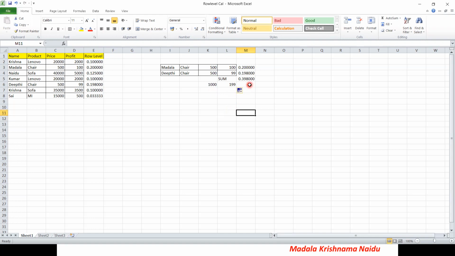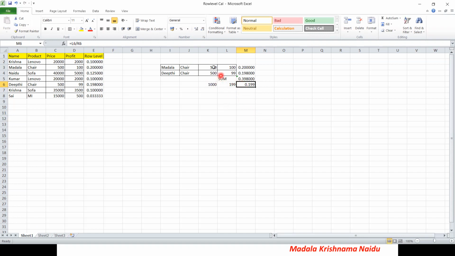Now I do equal to 199 divided by this value, and click OK. How much are we getting? 0.199. So this is the aggregated level calculation, where initially, before doing anything, the values are aggregated.